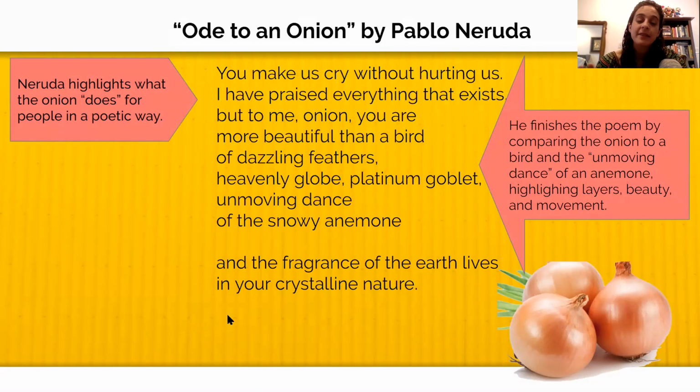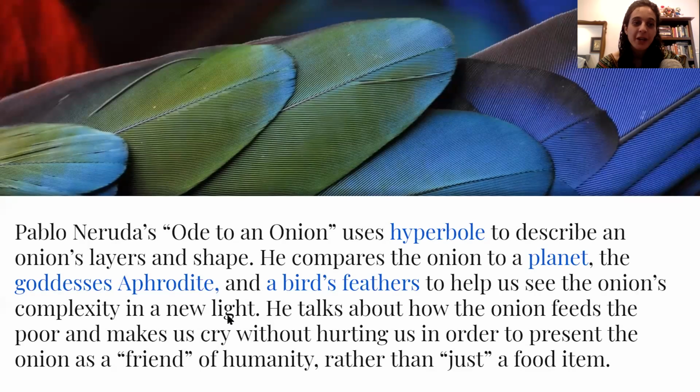And he highlights the layers in the onion, the beauty of the onion, and the type of movement in the onion. Okay. So this is kind of what a summary of an ode would look like. This is something that you're going to do in the second form, the finding a message. So this is an example of how you might write about the comparisons